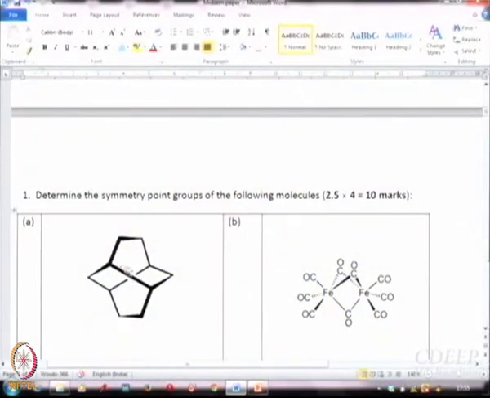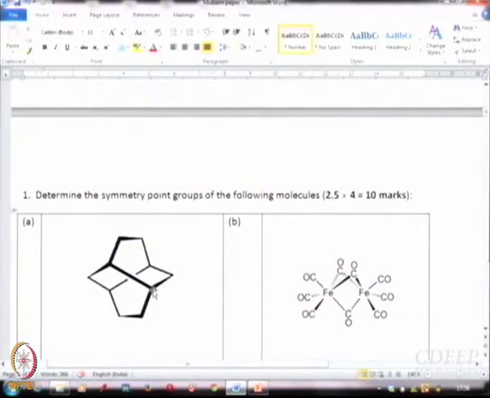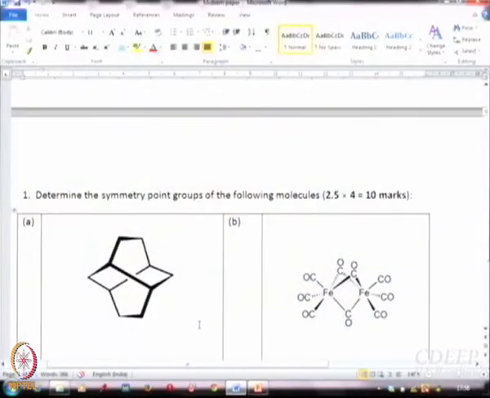Is that C2? This thing that is looking like an X. If I join the front with the back, is that a C2 axis or not? So what are we joining then? Aren't we joining the midpoints of the bonds? If you join the midpoints of these bonds, this one and this one, will that also work? No, this one and this one. Will that work? What are we joining? There is no atom here. This is a midpoint. That's what I am asking. You should join the atoms. If you join the atoms, is that a C2 axis?